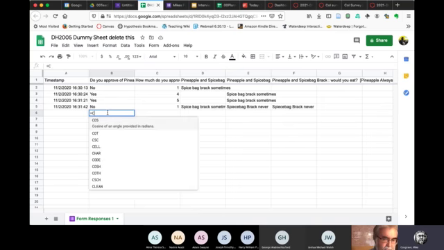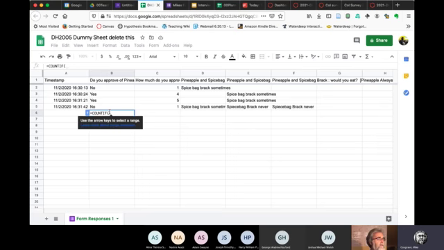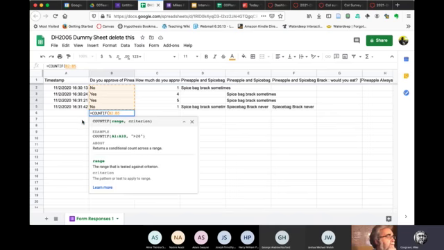This is going to be equal to the count if, not count, but COUNTIF. Then it wants me to specify the range. So here is the range. That's the range. COUNTIF, now let me try and get the help up here. COUNTIF range, comma, criterion. So there's an example there. COUNTIF A1 to A10 is greater than or equal to 20.